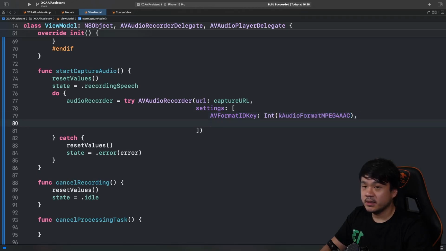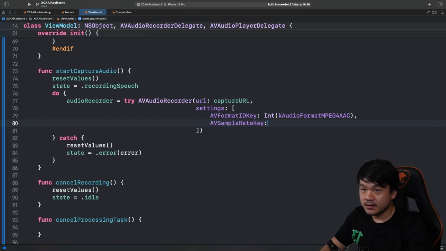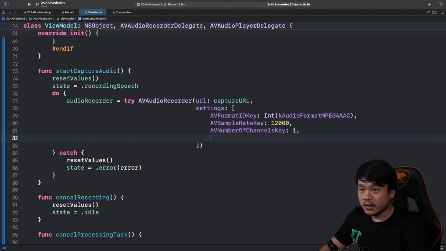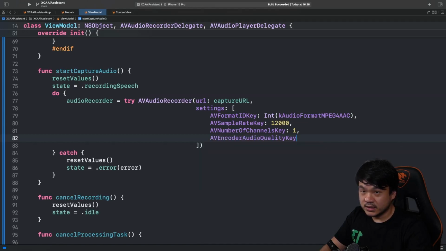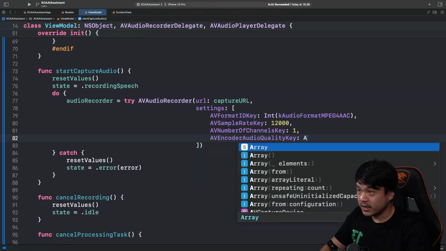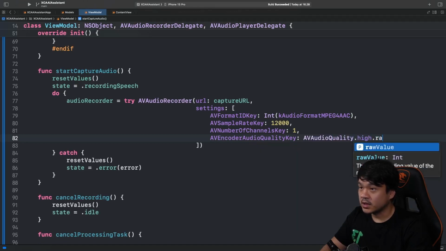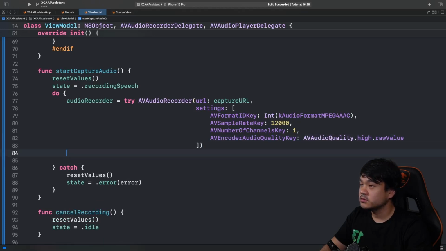Okay, it's going to be in MPEG4 AAC format. Next one is the sample rate key. Let's pass this 12,000. Okay, and then the number of channels key. Let's just use one, and then the encoder audio quality key. Let's pass AVAudioQuality.high.rawValue.